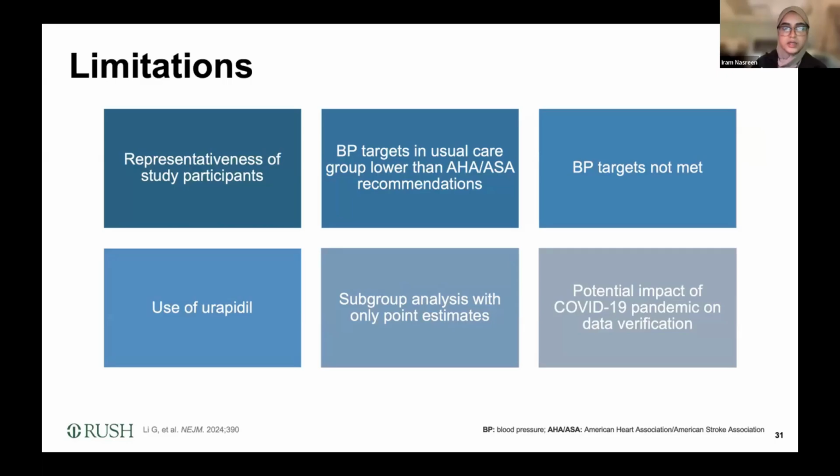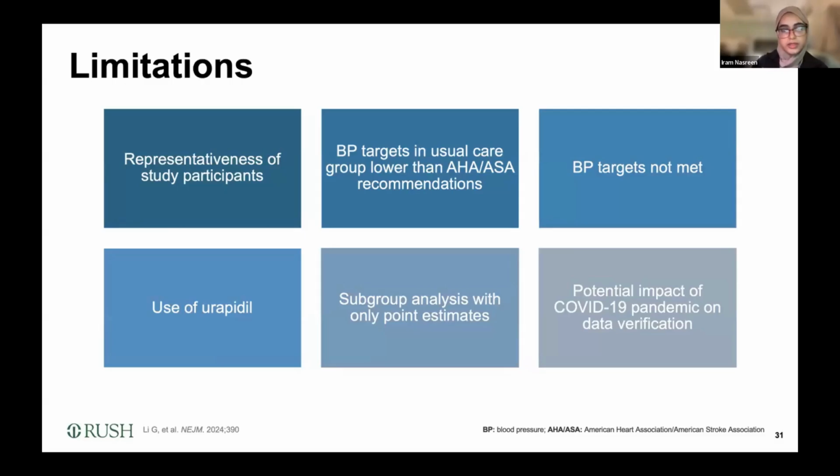Another big limitation is their blood pressure targets were not met. Although they did have a significant difference between groups, it wasn't the goal that they were looking for, a systolic less than 140. And the use of urapidil, although this is a common drug that's used in China and some of the literature that's published out there, it's not something that we have available in the US, so